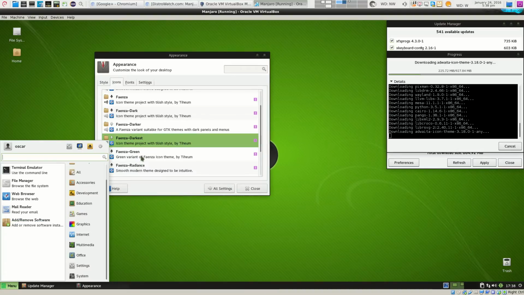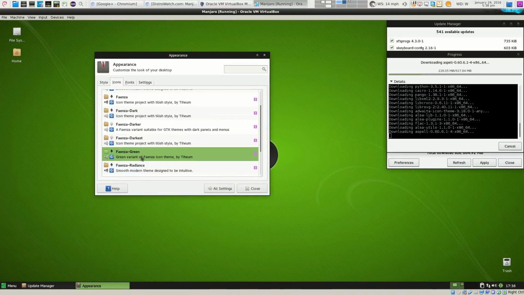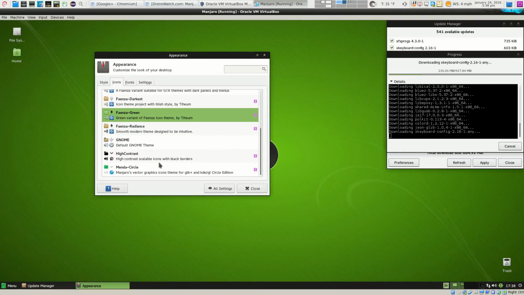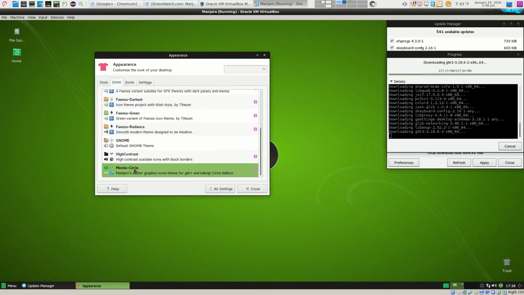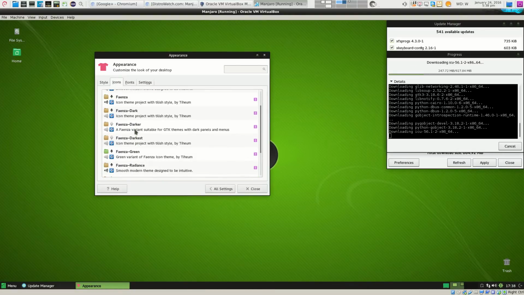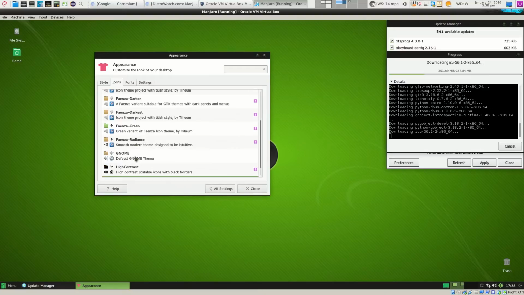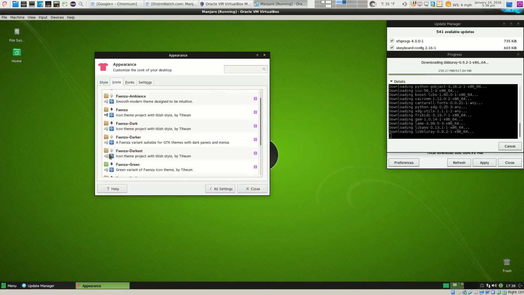That looks good. Green. Green here. That looks nice too. Circles, which was what it was before. But let's make the change too. And it gives you a little bit of how it's gonna look right here, which is pretty cool.